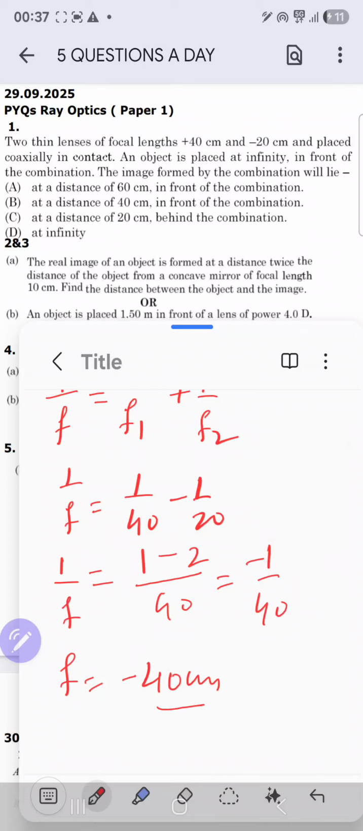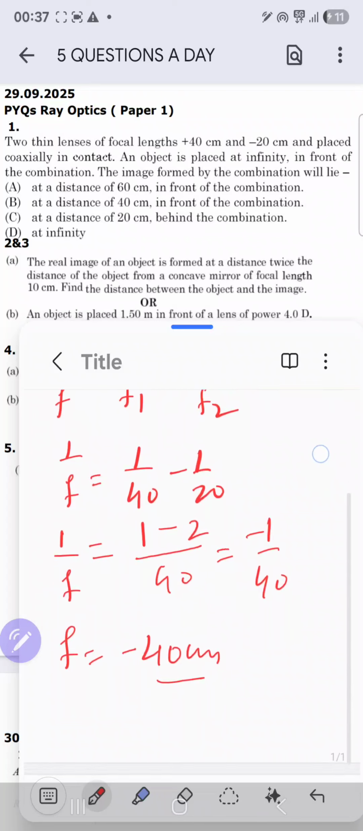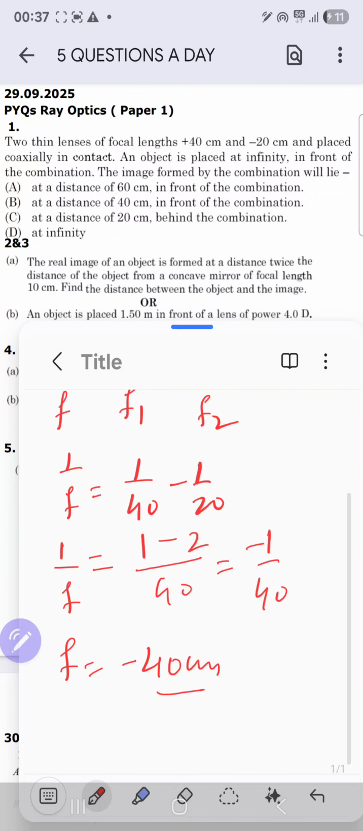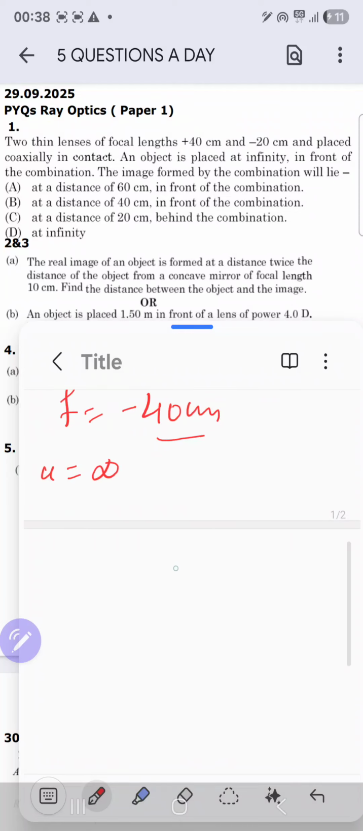Now you see, initially both of the lenses, one focal length was positive, one was negative. So one was convex, one was concave. But for the combination, we have got the focal length as minus 40 centimeter. It means this combination is behaving as a diverging lens. And now the question is, one object is placed at infinity in front of the combination, where are we going to expect the image? So here the object is placed at infinity,